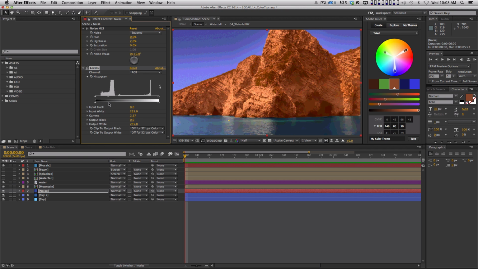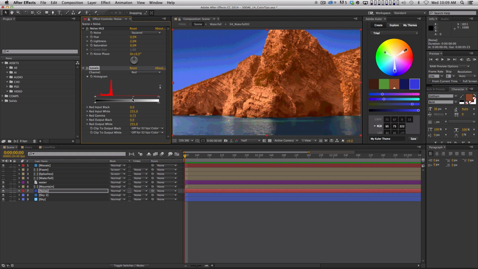And I want to show you something. You notice how red this is starting to look? It's surprising if you pick these colors, right? I mean, this dark color is very, very blue, but this color here, it actually has a decent red component to it. And when you brighten up the color, you're going to start to see more and more of that red. And so sometimes, if I'm brightening this and I'm like, oh, that's starting to look a little red, I might switch my levels effect to the red channel